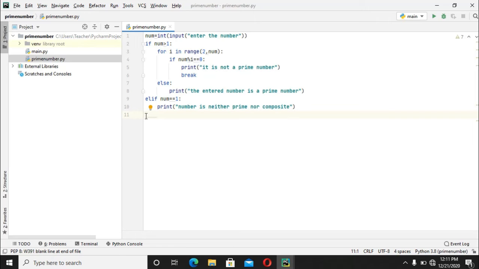And what if the user has entered a negative number? Because as we know, prime numbers are always greater than 1. That means prime numbers are always positive numbers. If the user enters a number less than 1, then we will have to print that it is not a prime number. So else